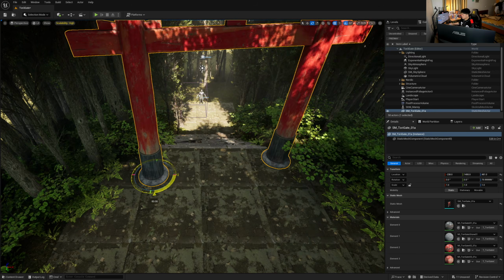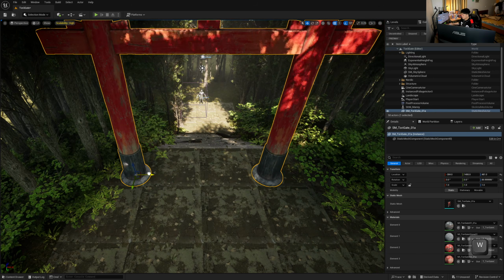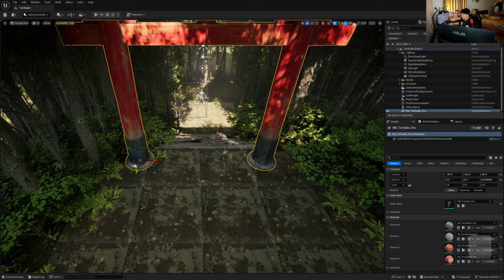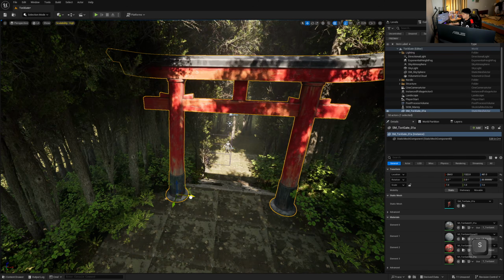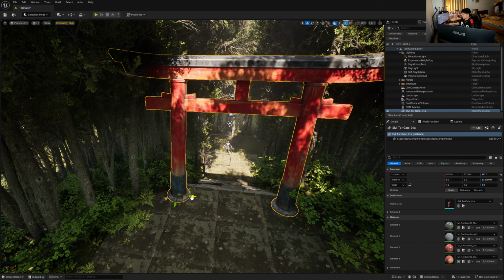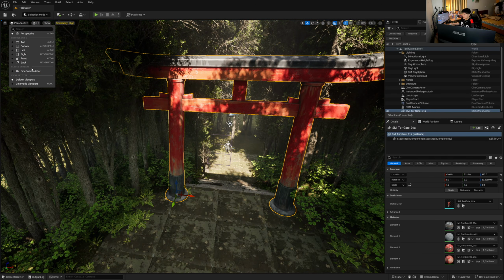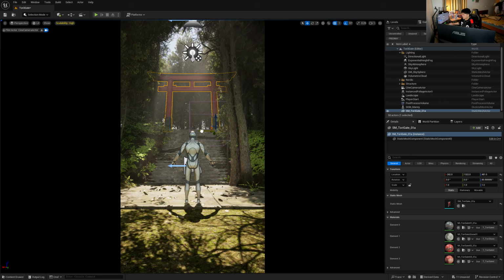Now what you do, content drawer, mesh, Torii gate, put those things down, rotate 90 degrees, move it to the middle, move it over there. Now it's like right in the forest. We might make it all the way like this. You can really adjust those things by doing something just like this. All right,